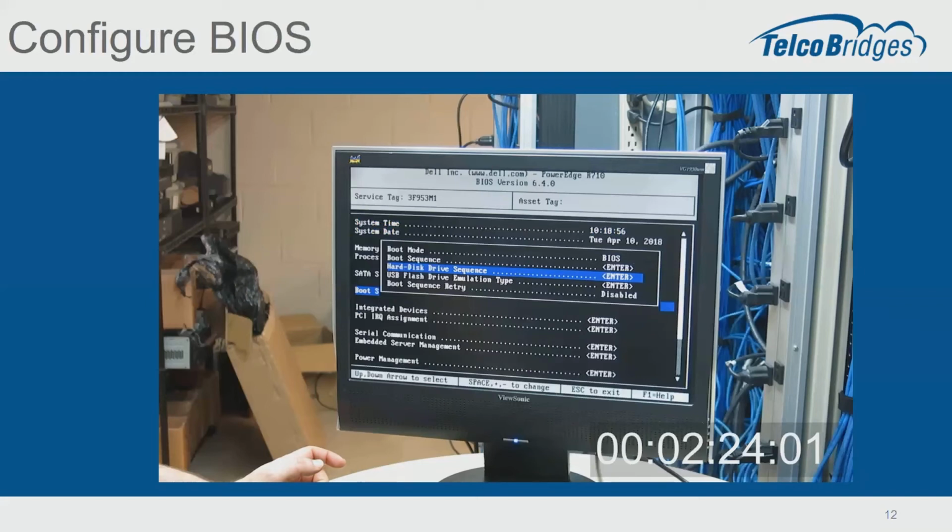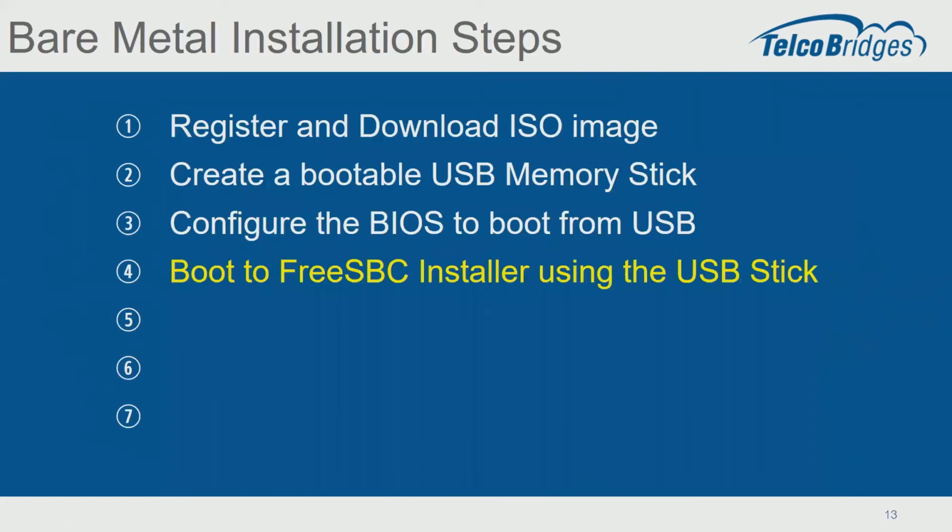Got it. And as we discussed earlier, if you don't know how to do this, we're in trouble. But anyway, let's move on. So now we've got the USB stick ready to go. We've reprogrammed the BIOS to boot from the USB stick, and now we're going to power up the server with